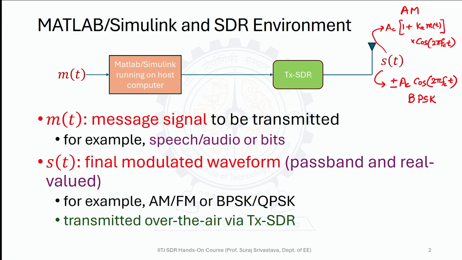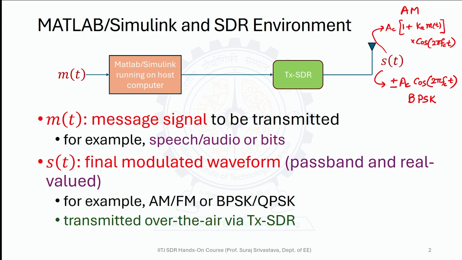So right now these expressions are not very important, but the important point here is to note that these kinds of expressions which you see in the regular textbook, for AM it is Ac into (1 plus k m(t)) cosine 2 pi fc t, and for BPSK it is plus or minus 1 times Ac cosine 2 pi fc t for binary bit 1 and 0 respectively. So these are the expressions corresponding to the real valued passband signal which the transmit SDR has to generate. Now let us try to understand what is the role of MATLAB Simulink model running on the